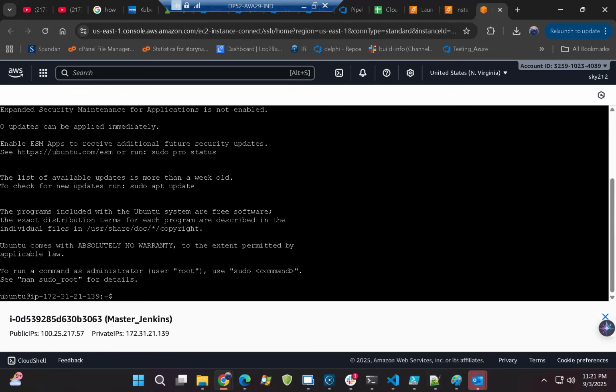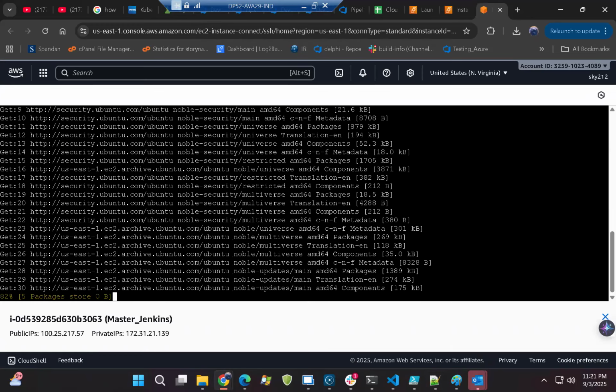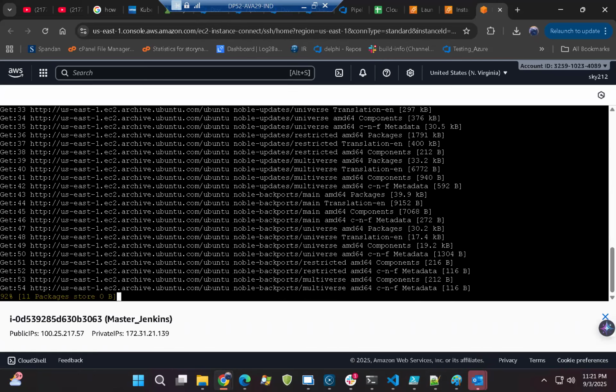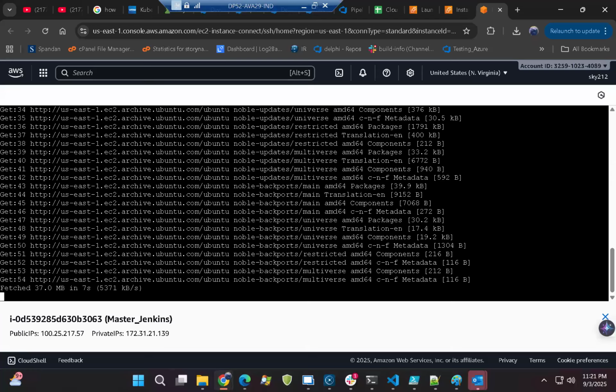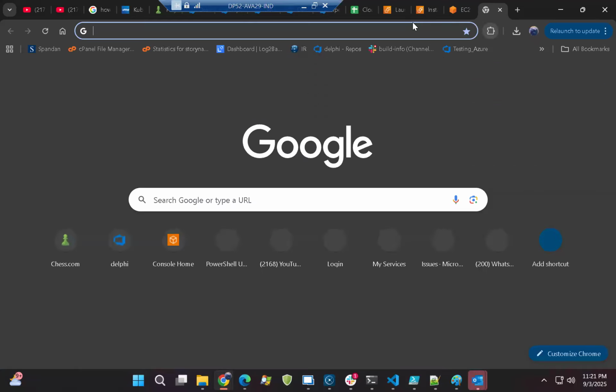So now we are connected to our Ubuntu machine. Let's run sudo apt update. Basically it will update the package information regarding whatever changes have been done so far on your machine. That's the first thing. Second, until it is updating,